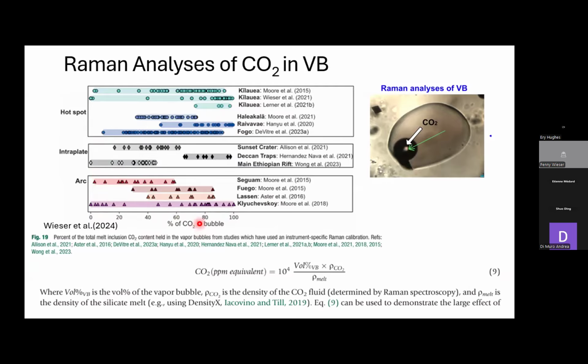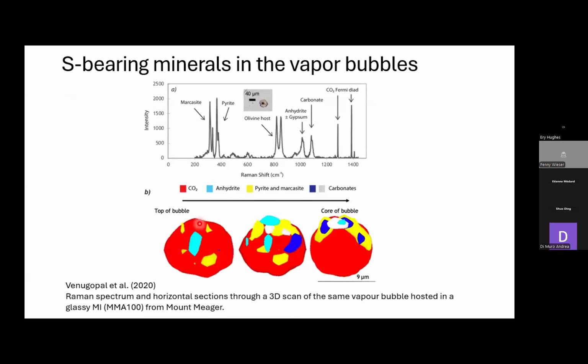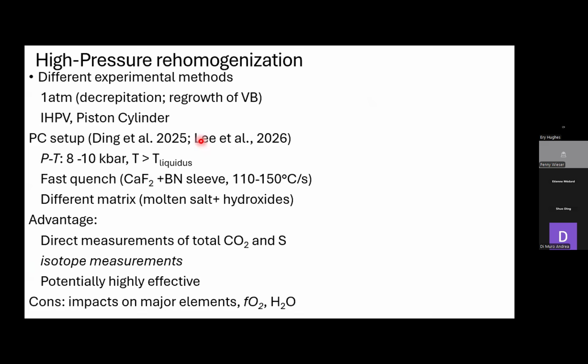Another interesting thing about Raman is that it would also allow us to see other species inside the vapor bubble if they are there. So even though it's less common, for example, there's one study that has shown that there are sulfur-bearing minerals in the vapor bubble. Okay, so lastly, we could also reheat the melt inclusion